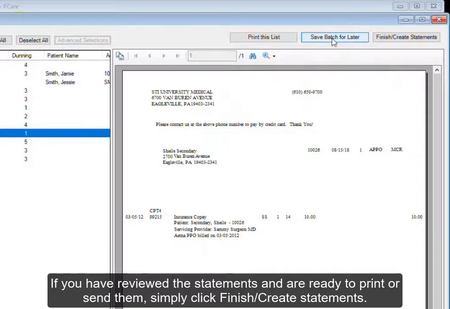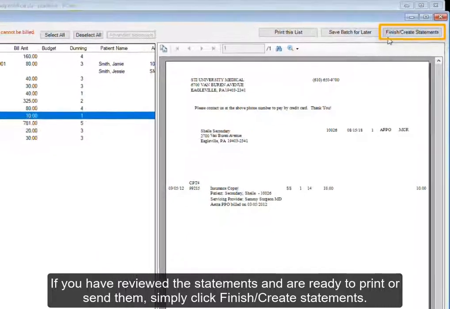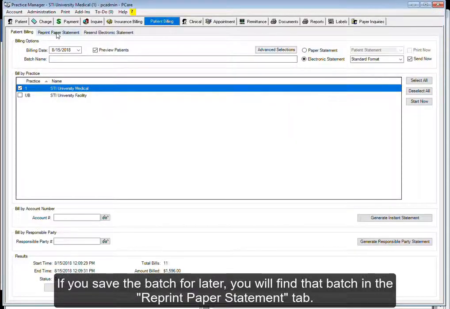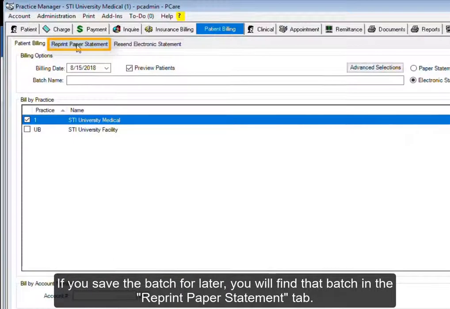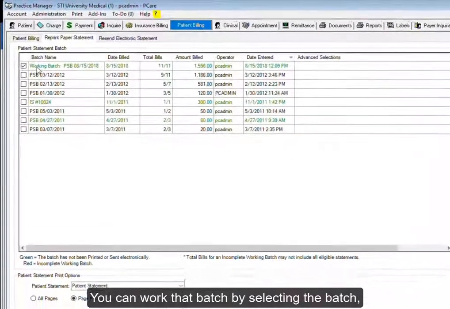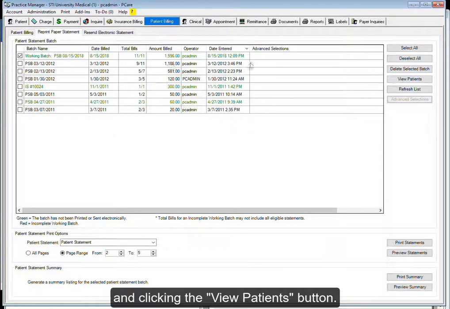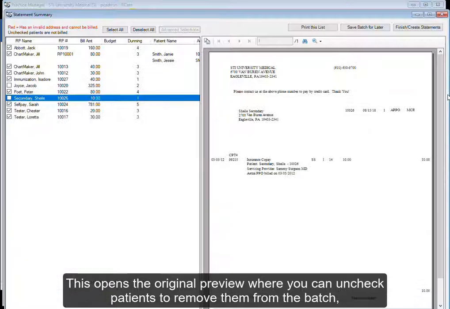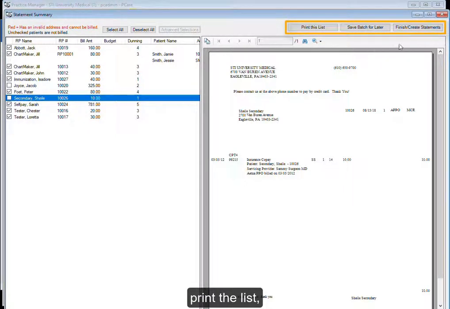If you have reviewed the statements and are ready to print or send them, simply click Finish Create Statements. If you save the batch for later, you will find that batch in the Reprint Paper Statement tab. It will be green and labeled Working Batch. You can work the batch by selecting the batch and clicking the View Patients button. This opens the original preview where you can uncheck patients to remove them from the batch, print the list, or